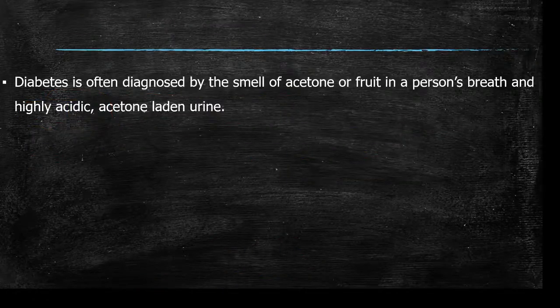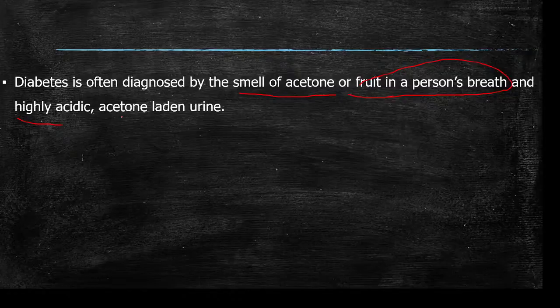ketoacidosis. So diabetes is often diagnosed by the smell of acetone or a fruity odor in the urine of the patient, and a fruity odor in the person's breath, and the urine will be highly acidic, and acetone can be detected in urine. Okay,